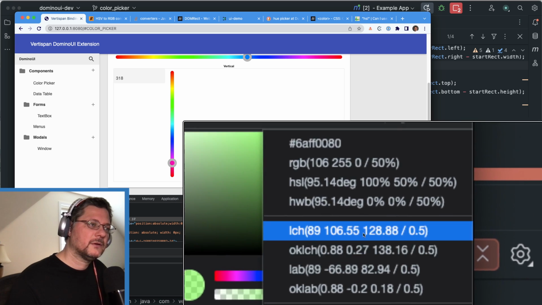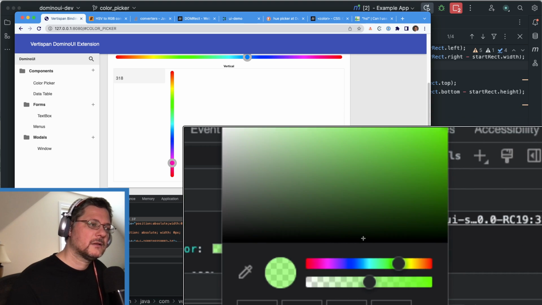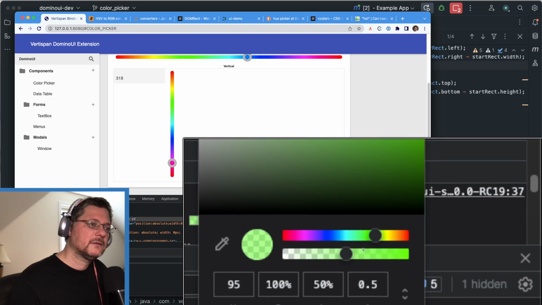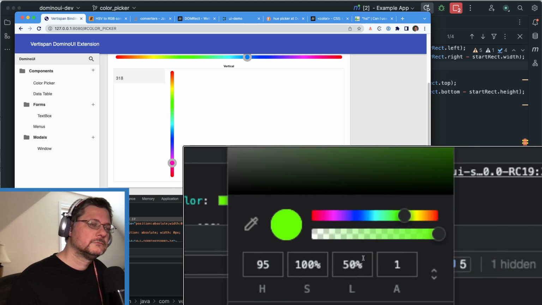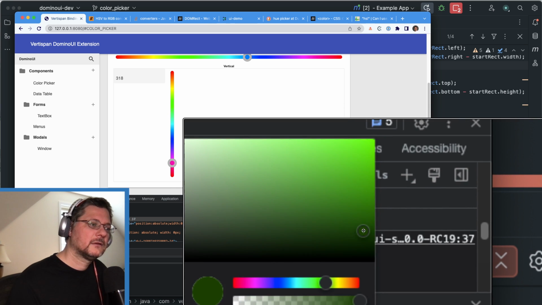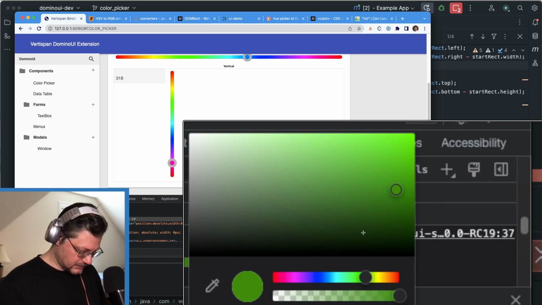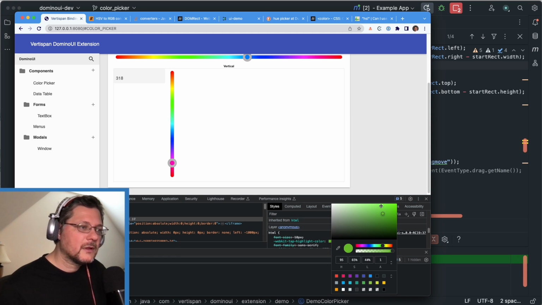Let's look at a different HSL, 50% lightness. So what is this? This is the alpha. So the lightness going down. Yeah, let me turn off my zoom so that we can see this a little bit better. So the lightness, so 50% was probably good whenever I was using HSL over there, because 0 lightness over here, 100% lightness over here. So HSV is basically the opposite, where we will have the saturation